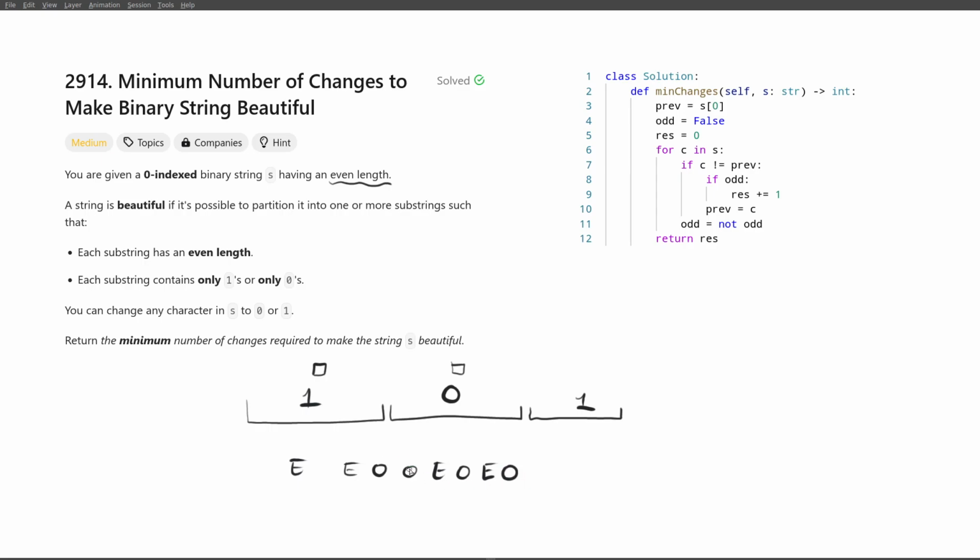Because of course we have to have an even number of odd blocks, since the whole string has an even number of characters. And now what we see is that we don't want to do anything with even blocks, and when we have an odd block, we can change it to an even block by changing the next character, and in that case our odd block becomes an even block, and we flip the parity of the next block. So it's great for us if we have two odd blocks next to each other,